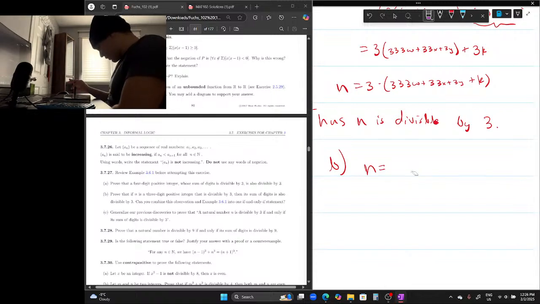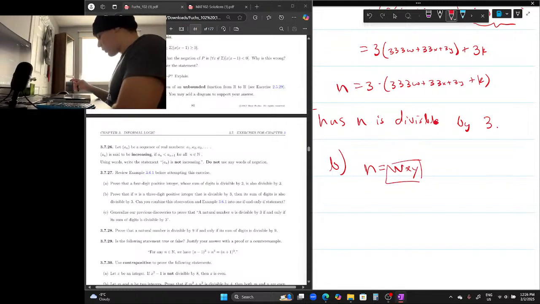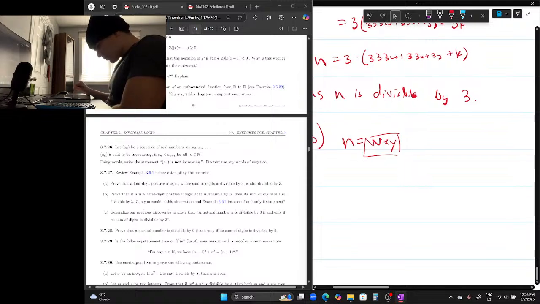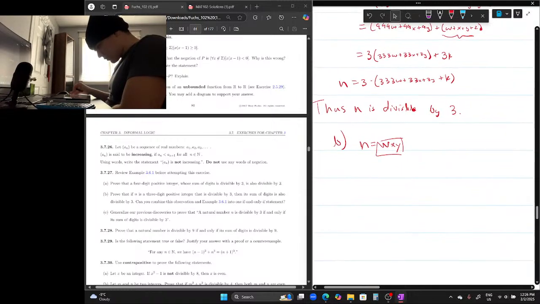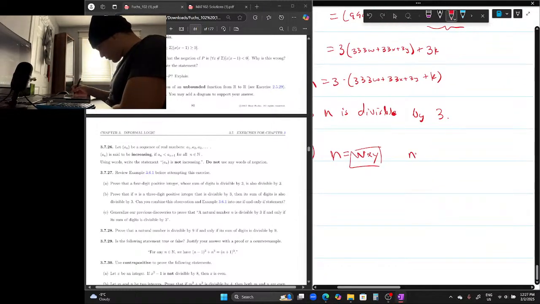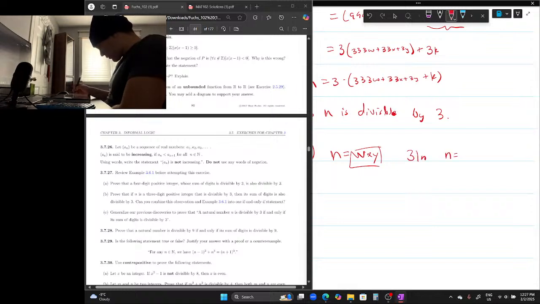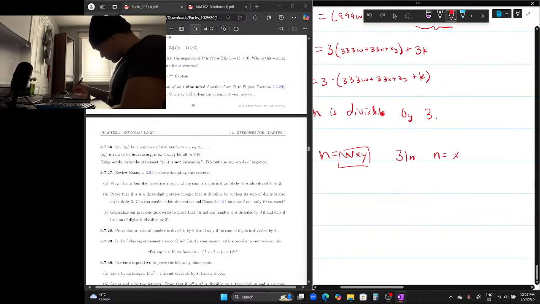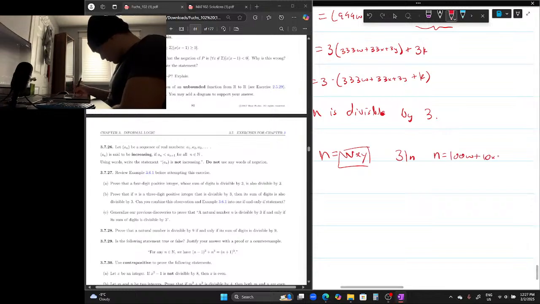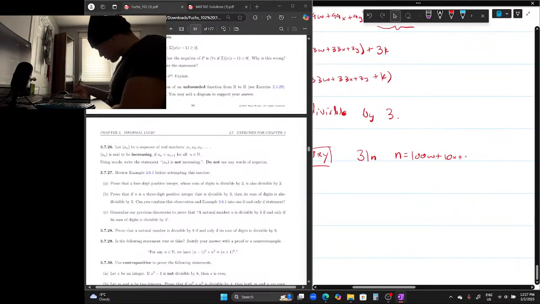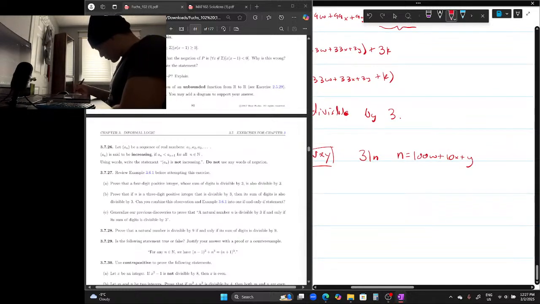So w, x, y, z. Not a product. This is the sum. Just too lazy to write it otherwise. So we know that n is divisible by 3, where we have n is equal to... We know that this